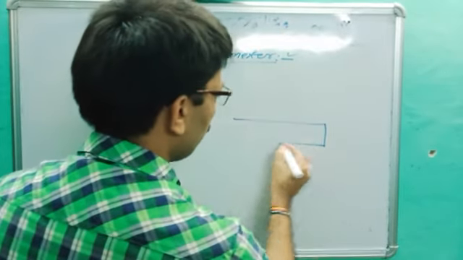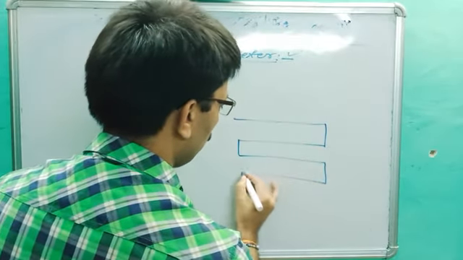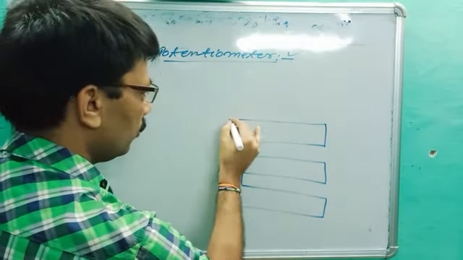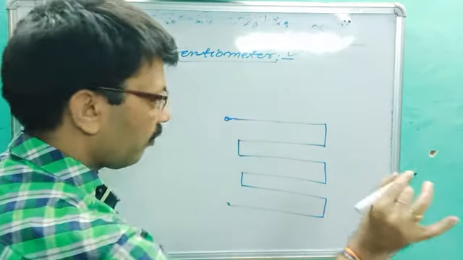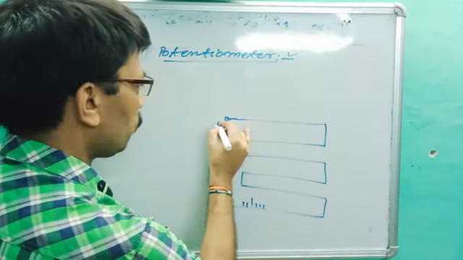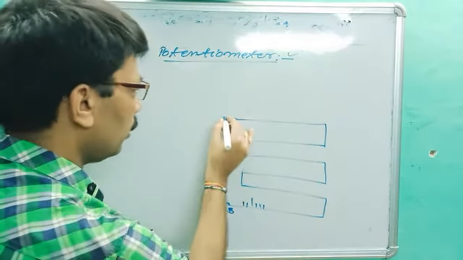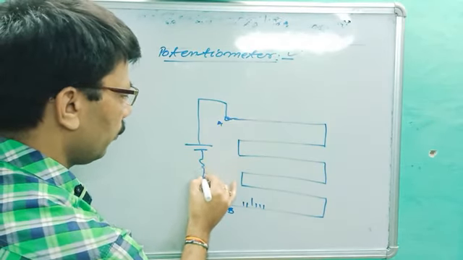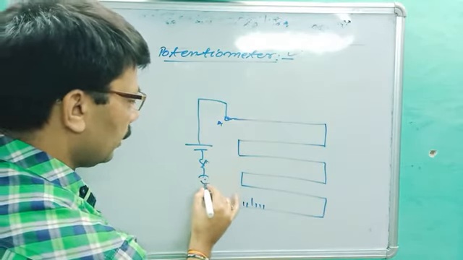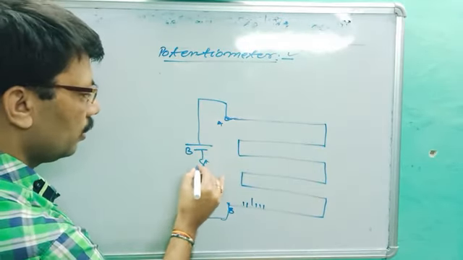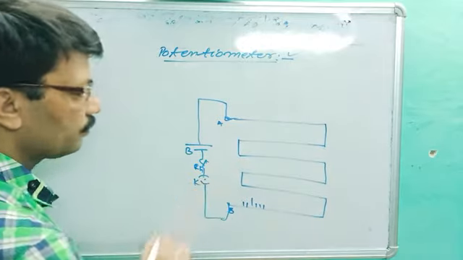No doubt it is made by a number of wires. Why a number of wires are used, I will tell later. 10 wires are there, each wire has 1 meter length. Scaling is there. This point is A, this point is B. Between A and B there are a common point, battery, rheostat and key. All the time these are connected. This is battery B, rheostat RH and key.